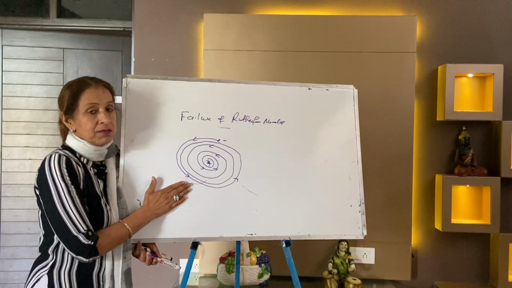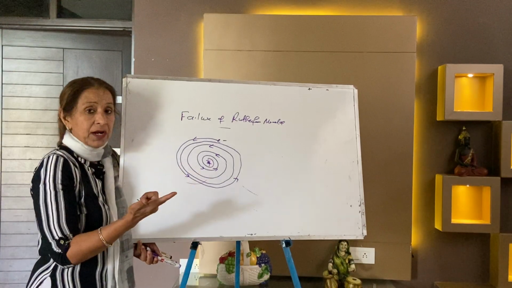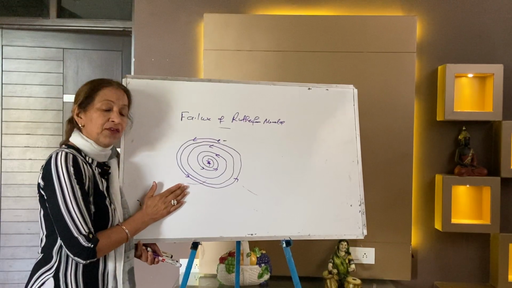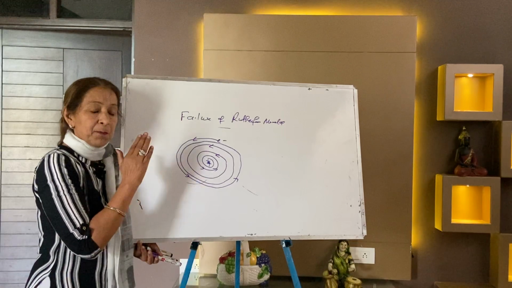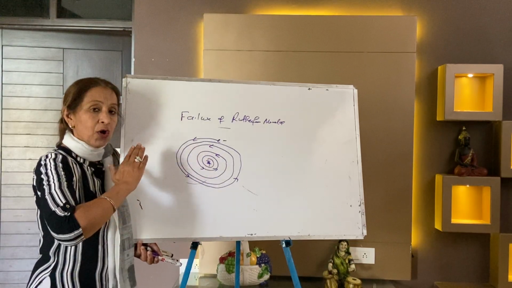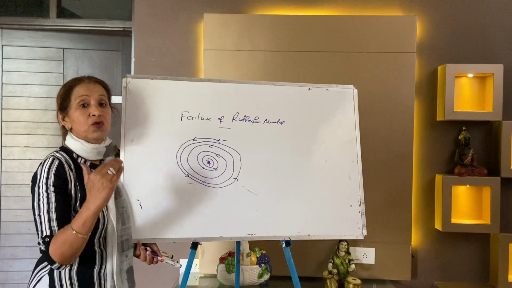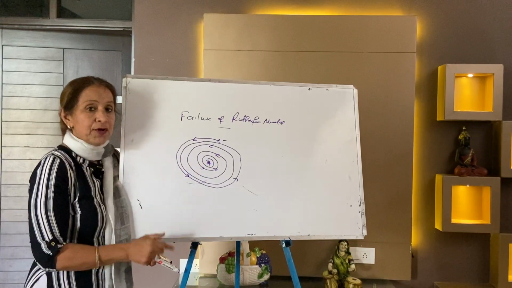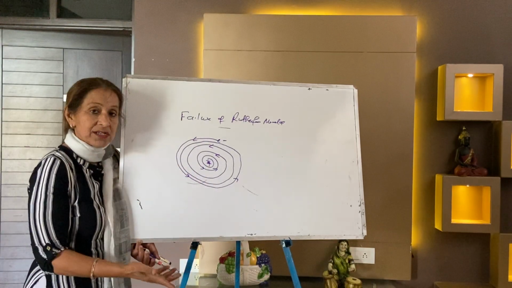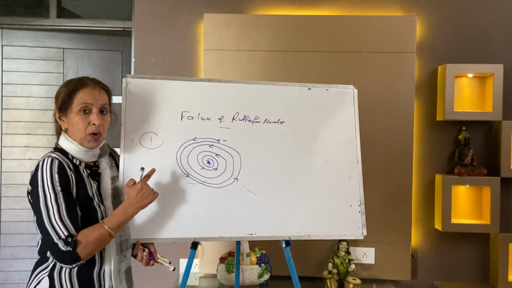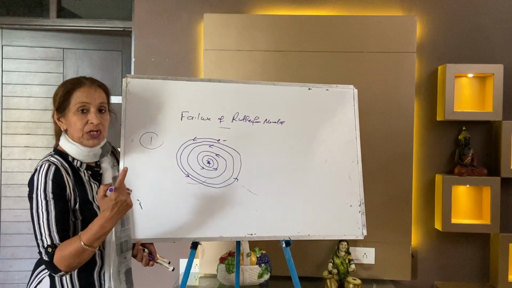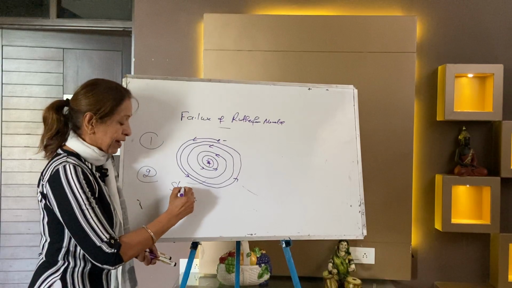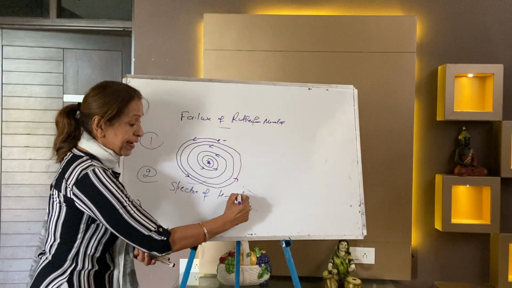Hence, the Rutherford atom is unstable. After studying light, we came to know that the Rutherford atom is unstable. The electron will fall into the nucleus because of the loss of energy in a continuous manner during the motion. So this is the first drawback: the Rutherford model fails to explain the stability of the atom. The second drawback, which we will take in the next lecture, is that the Rutherford model fails to explain the spectra of the hydrogen atom.